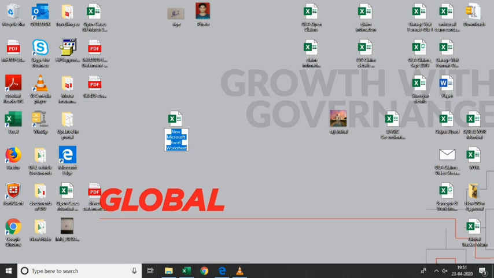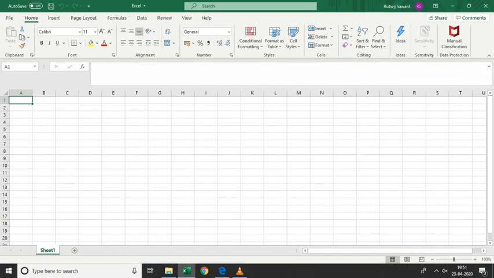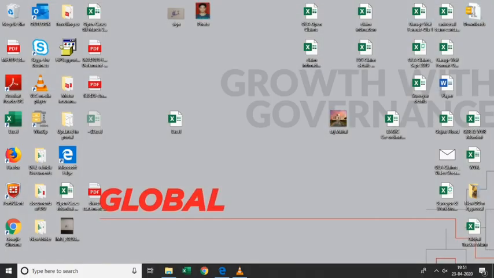So your file will get created. To open this, just double click on it and the file which you have created will open. When you create a file using a right click, you can directly rename your file, and it will get saved on the location, and you are able to give the name to your file.